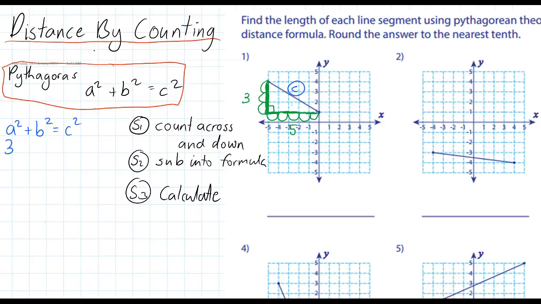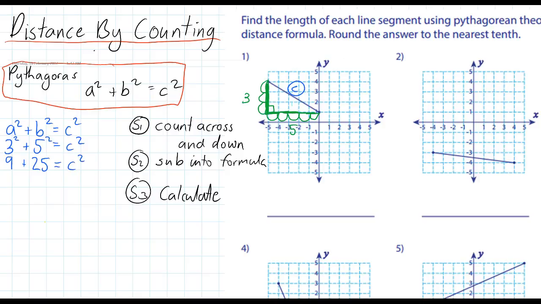So 3 squared plus 5 squared equals c squared. 3 under the a, 5 under the b, because that's where those numbers belong. Now 3 squared, 3 times 3 is 9, plus 5 squared, 5 times 5 is 25,